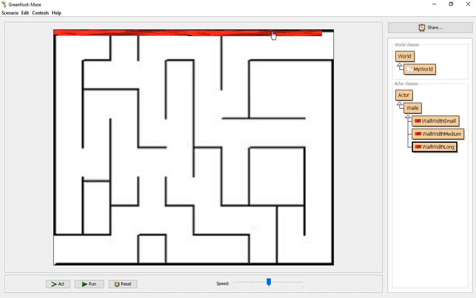We can still mix and match these. You can even overlap the last one if you'd like, but this makes it a little bit easier to be real quick making these long walls. Okay, or you can put a small at the end if you'd like. Whatever you want to do is absolutely fine by me. But now you know how to manipulate a pre-made image, make it bigger or smaller. You can do that for